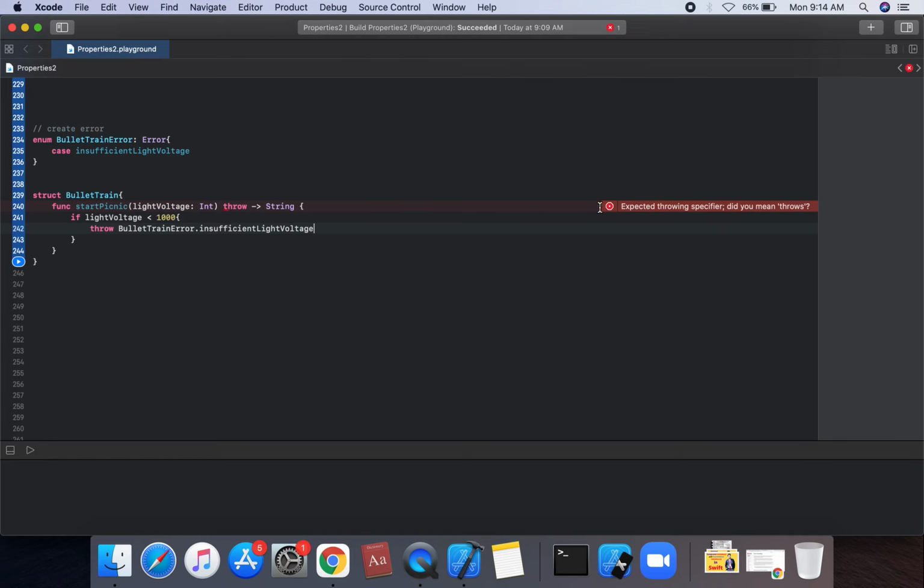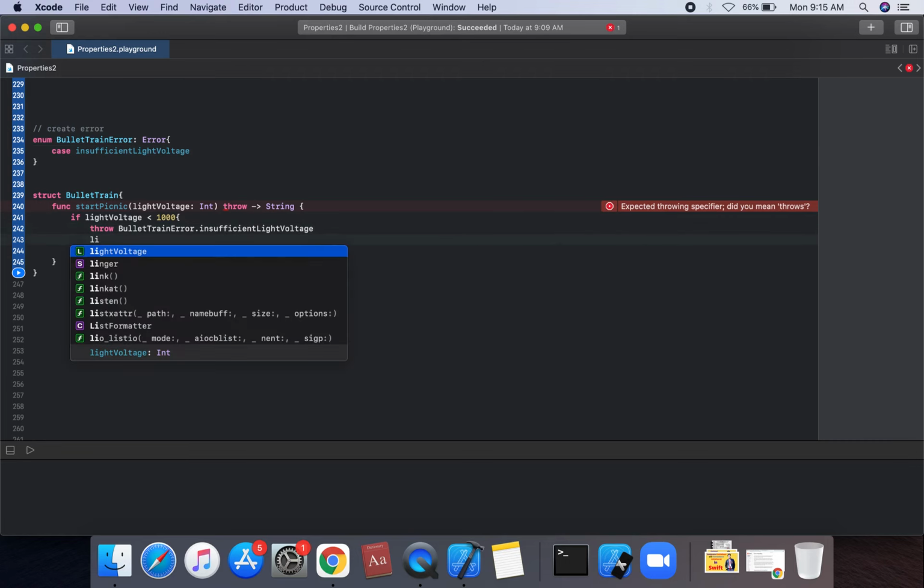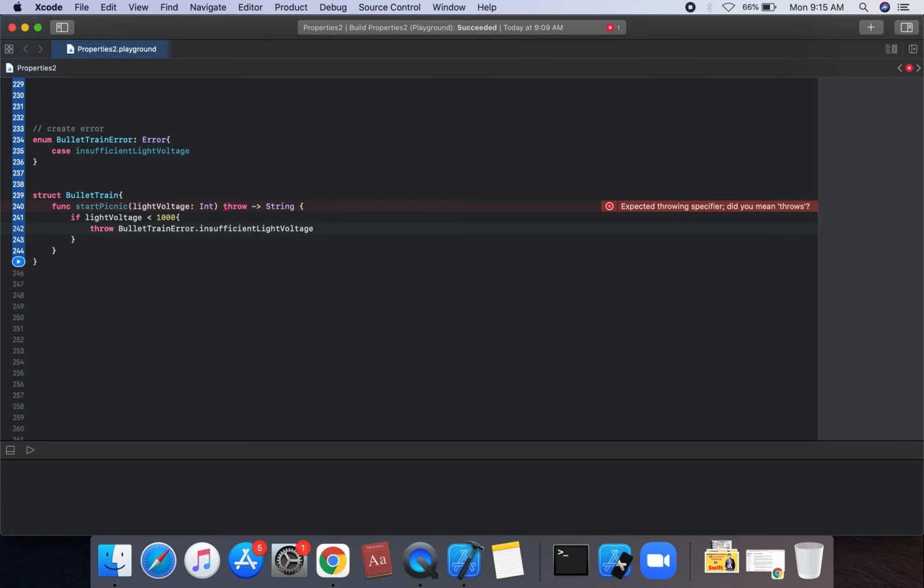This error is optional. The compiler says expected throwing specified, did you mean throws?